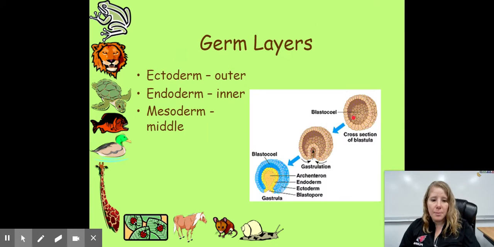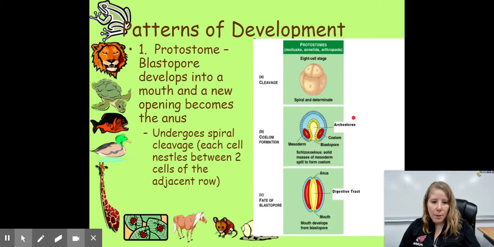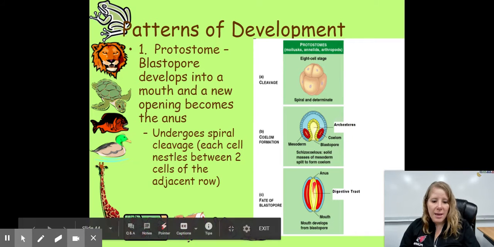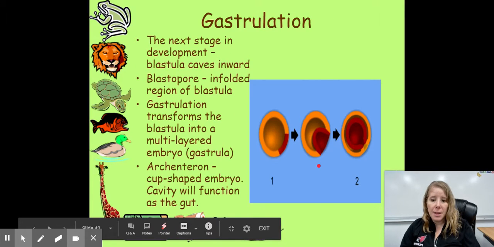And eventually, I'm going to go back to the other ones, it will create a hole on the other end too, making the entire gut. So food goes in the mouth and through the gut, out the anus. Now,